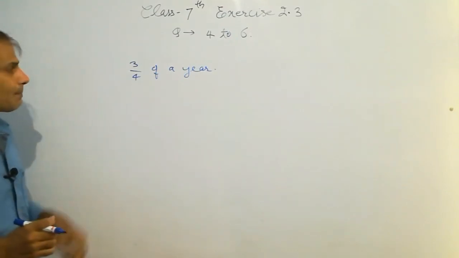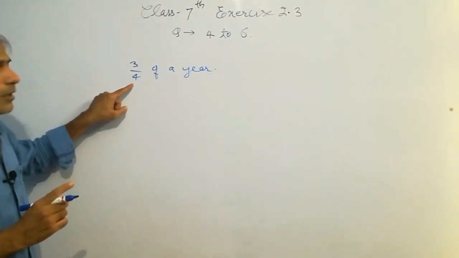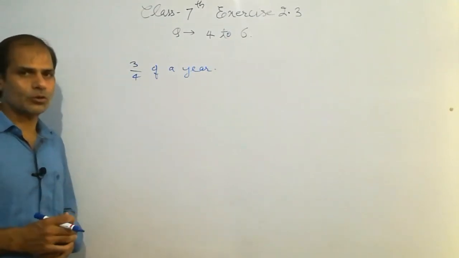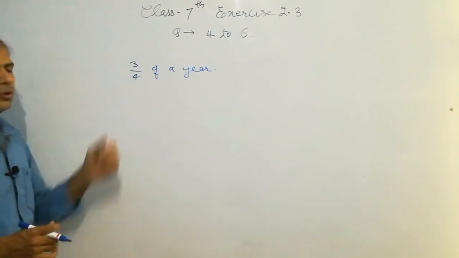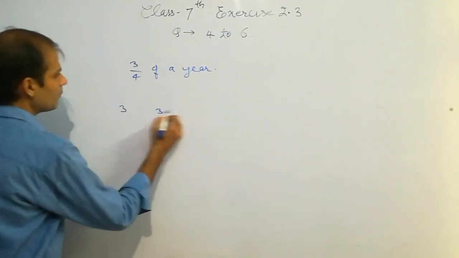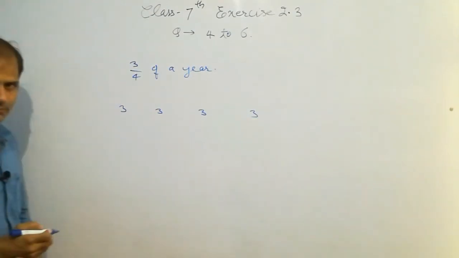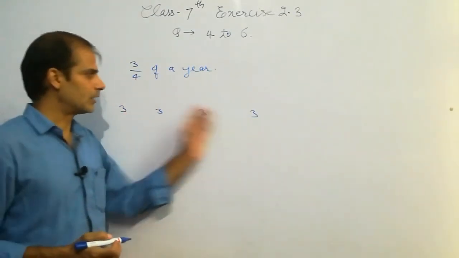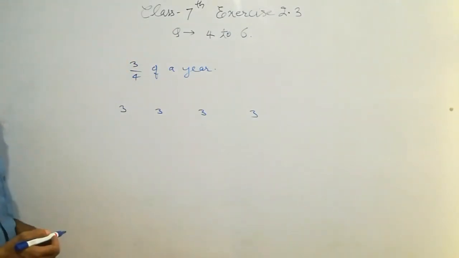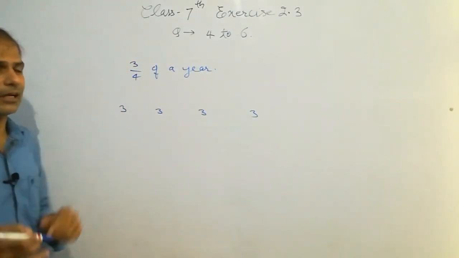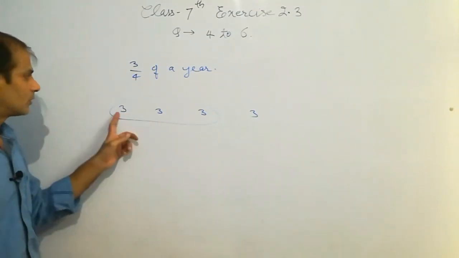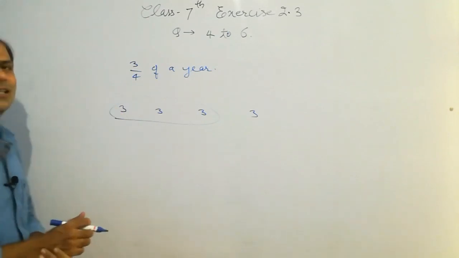3/4 का मतलब होता है टोटल 4 पार्ट्स हैं, उनमें से 3 पार्ट्स हमें सेलेक्ट करने हैं. ठीक है. अब 1 ईयर में 12 मंथ्स होते हैं. 12 मंथ्स को आपको 4 इक्वल पार्ट्स में डिवाइड करना है. एज यू नो 4 इक्वल पार्ट्स में हम इस तरह से डिवाइड करेंगे. 3, 3, 3 एंड 3. दीज आर 12 मंथ्स. नाउ वी हैव टू सेलेक्ट 3 आउट ऑफ 4. हमें 4 में से 3 पार्ट सेलेक्ट करने हैं, तो ये 3 पार्ट्स हम सेलेक्ट कर लेंगे. नाउ फाइंड द टोटल. 3, 3 and 3, 9. So the answer is 9 months.